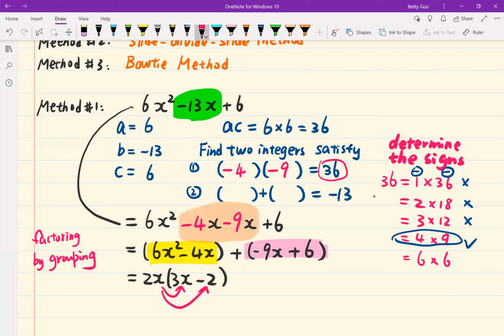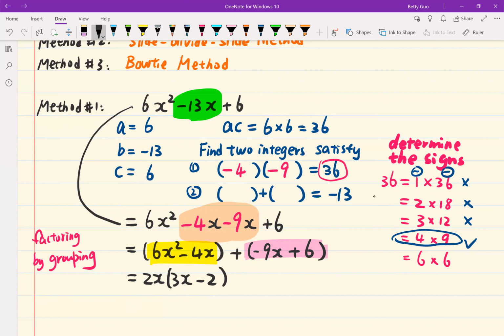2x times 3x, 6x squared. 2x times -2, -4x, so we are fine with that. The pink group has 2 terms, -9x and +6. If you are familiar with factoring by grouping, you know that we want to factor